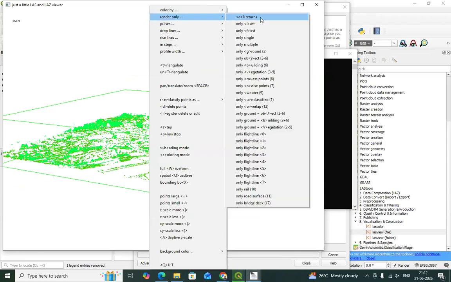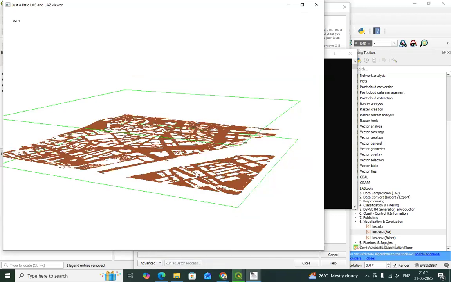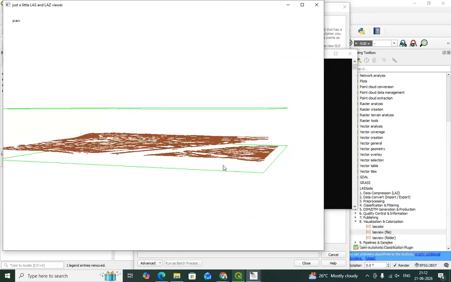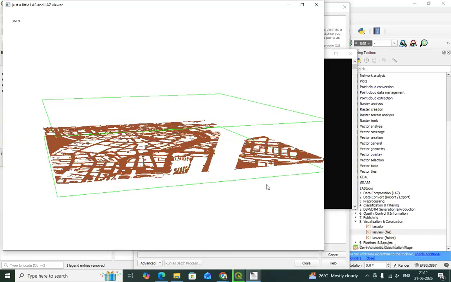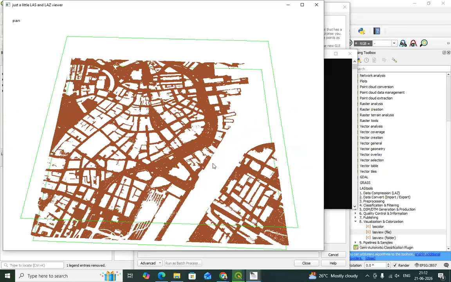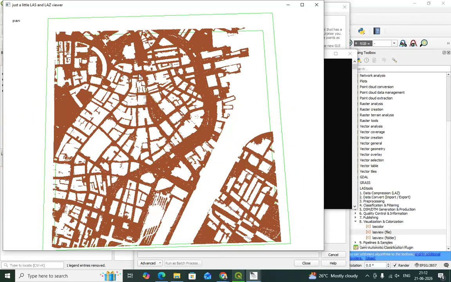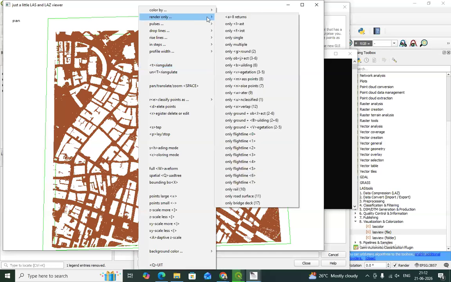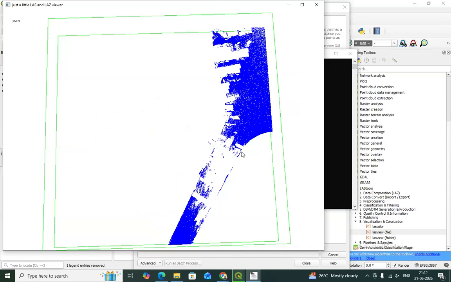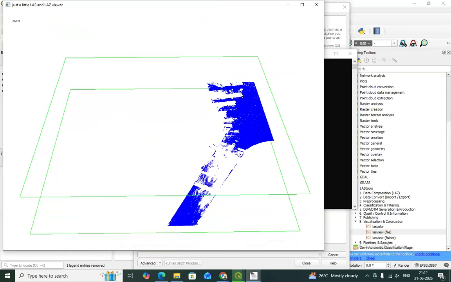Now, if you wish to see only the ground, then it will show you the ground. This is how you can change the visualization, and you can see different features of your interest. If you wish to see only water, this is your water part.